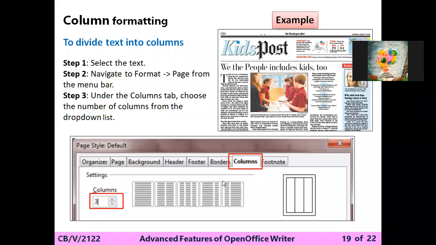Next, column formatting. What is the meaning of column